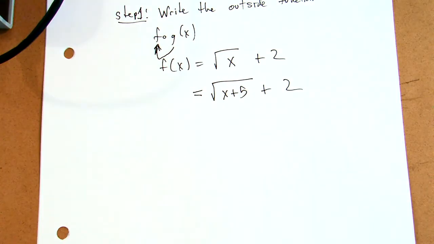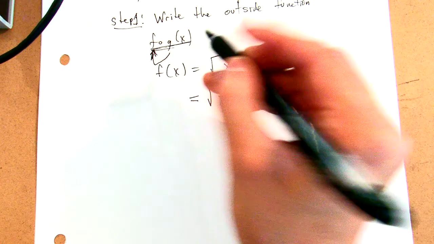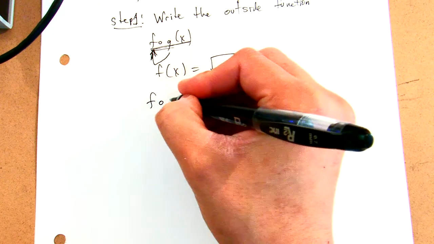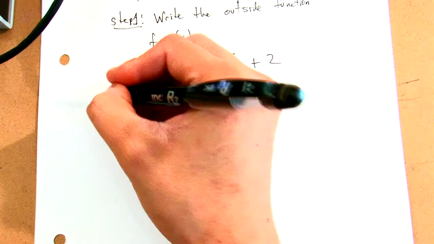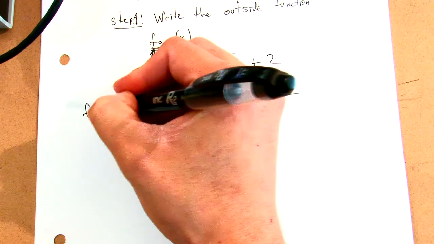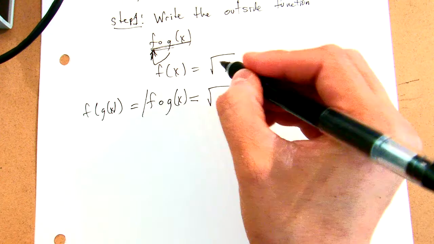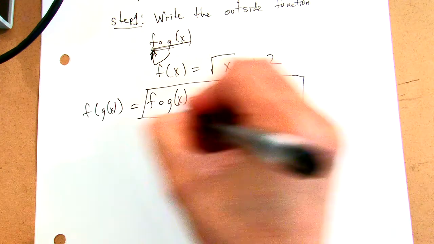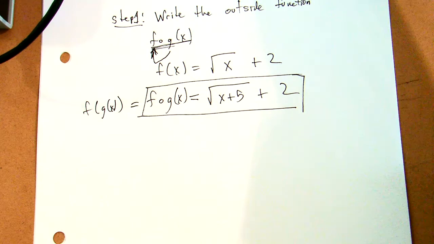Okay? And when you're done, you do not call this f of x. You call this now what? F of g of x. Or you could call it f of g of x in this way. They both mean the same thing. Okay? And we are done here. We've answered the question. Okay? Cool. Now we're going to